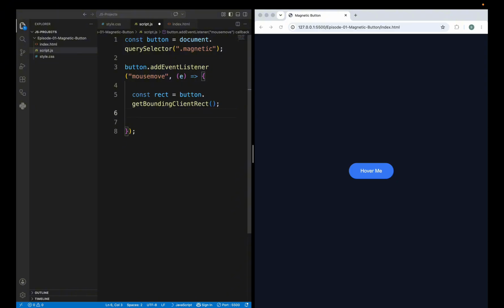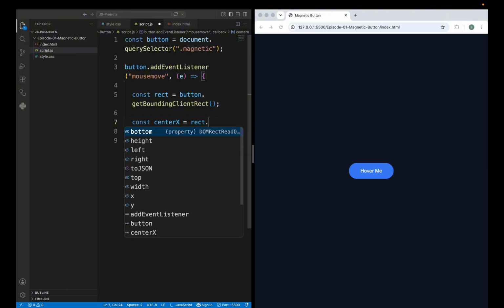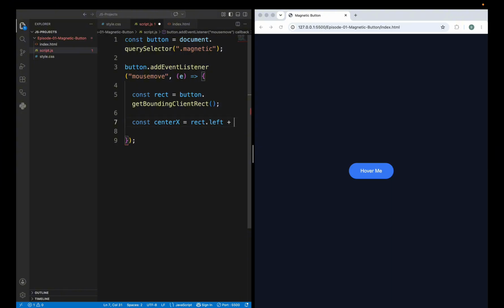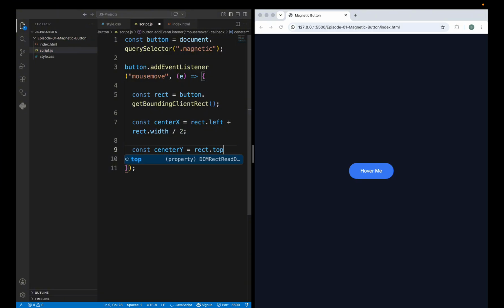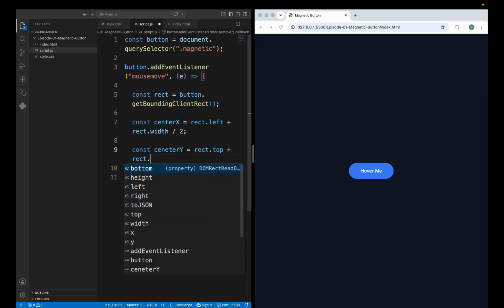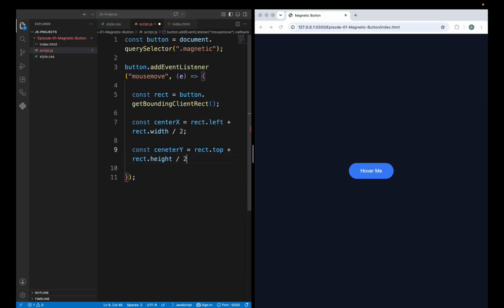The next consts that we will write are the following. const centerX = rect.left + rect.width / 2; And for y, const centerY = rect.top + rect.height / 2;